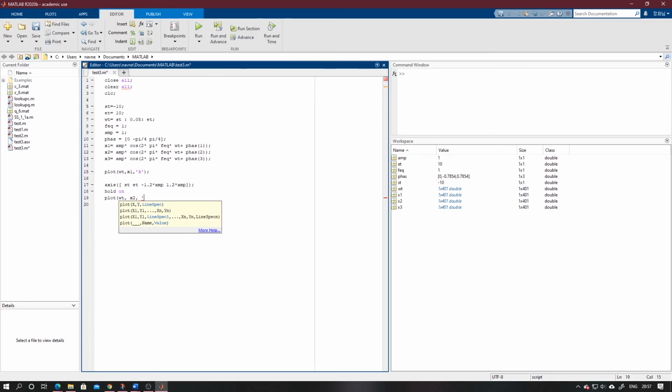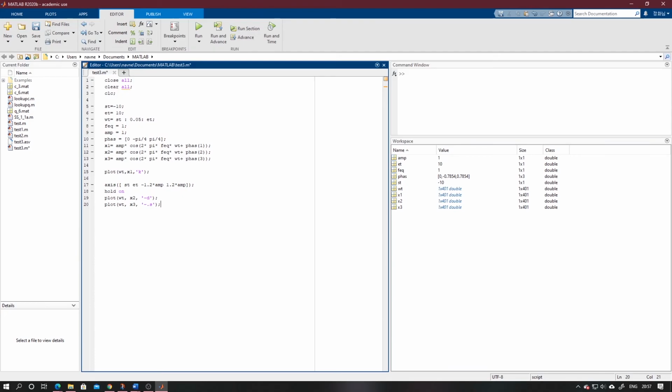Here I will use D with dash. Same thing we have to write again, so I will copy it for simplicity and change it to a different one. This is 3.